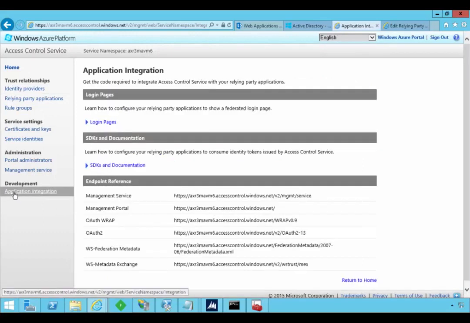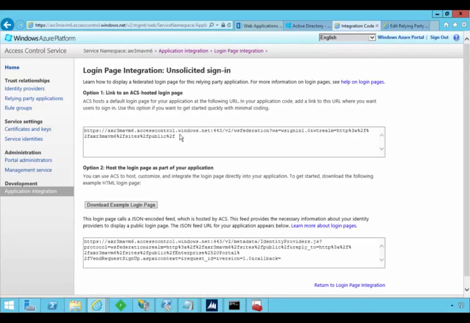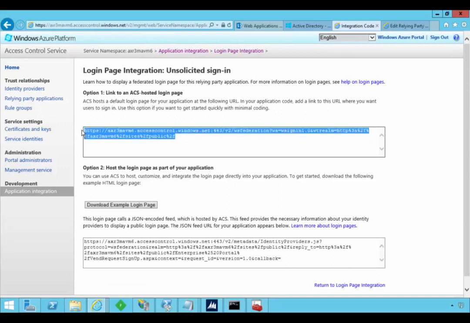So we're going to go and look here into our application integration, and we're going to go to our login pages. So we see unsolicited sign in, and this gives us a login page parameter. So basically this parameter will be the redirect page that AX needs to know about, or at least the website